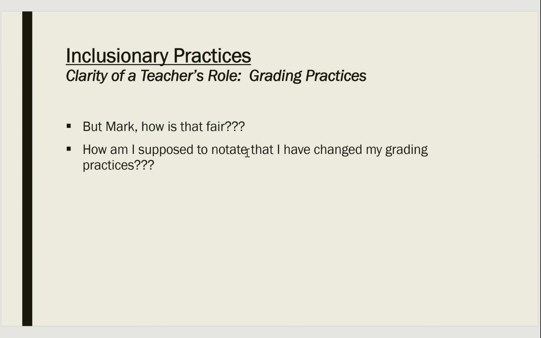Is it fair? How am I supposed to notate that I've changed my grading practices? Well, I kind of already addressed the "is it fair." How do you notate that in your grading practices? K6 teacher, standard-based report card. I want to say it says IEP differential grading on there, differential standards on that piece. There's a box on the standard-based report card. Grades 7 through 12, that's one of the comments. As soon as you click that, that recognizes that I'm grading a kid on a differential standard as compared to the